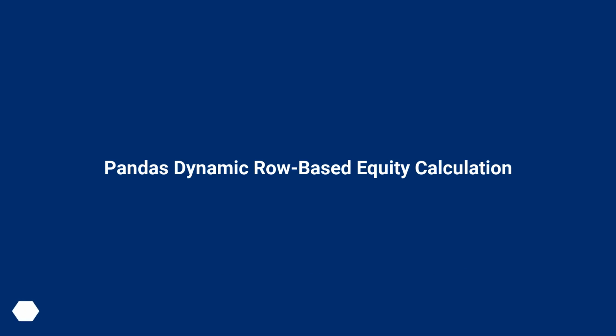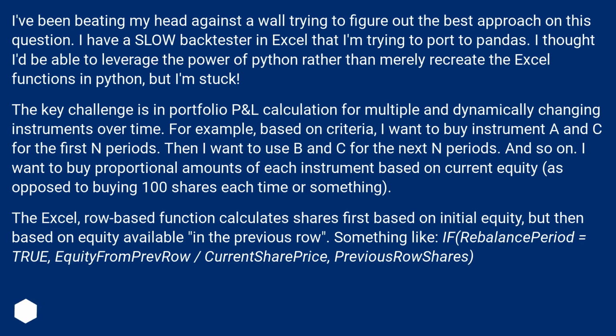Pandas dynamic row-based equity calculation. I've been beating my head against a wall trying to figure out the best approach on this question. I have a slow backtester in Excel that I'm trying to port to Pandas. I thought I'd be able to leverage the power of Python rather than merely recreate the Excel functions in Python,